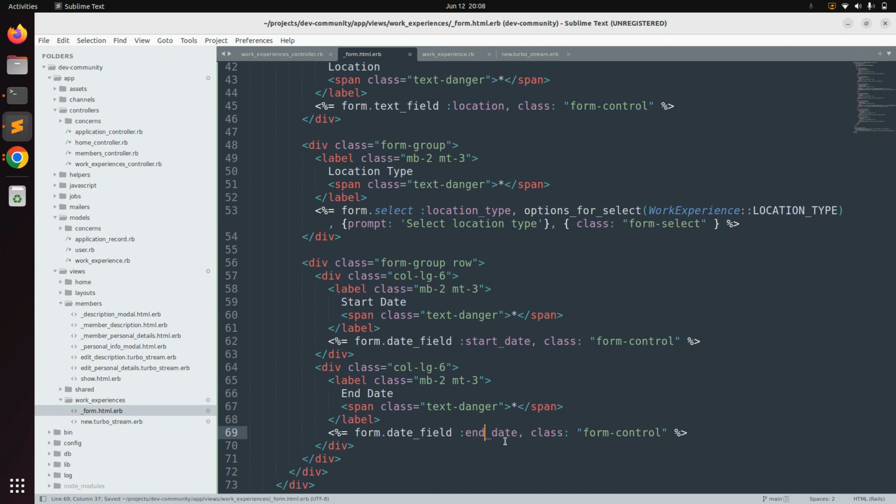Okay, and now we need to add a checkbox. A switch like checkbox, or you can simply put a normal checkbox as well. And why are we adding this checkbox? We added another attribute which is a boolean type, if the user is currently working here. So if the user clicks that checkbox, we can capture that the user is working here, and then we can validate our end date. It should not be present if the user clicks on the currently working here checkbox. Okay, so let's add another col-lg-6 class,